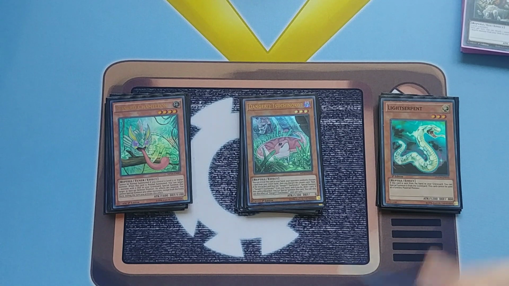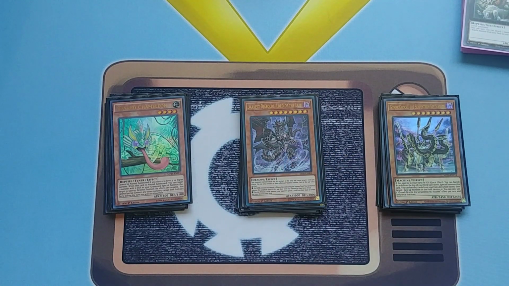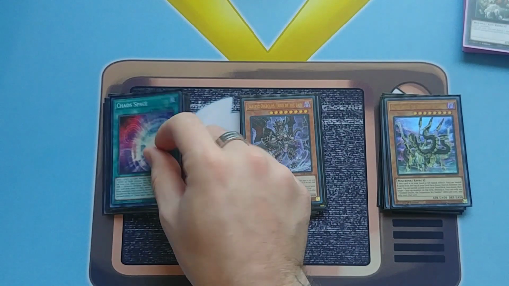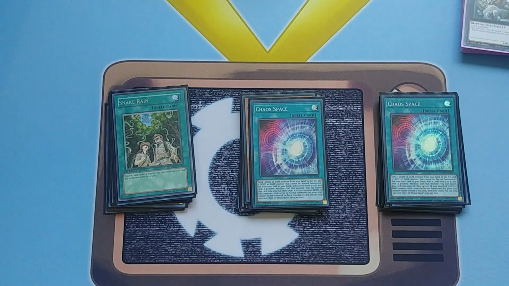And then we have Gizmekorochi, which is alright. It is just a free material for a lot of your plays, so it's definitely not that bad. And then we have Darkus Diabolus, which is amazing and definitely helps with hand looping as well. Then we have 3 Chaos Space, 3 Snake Rains,